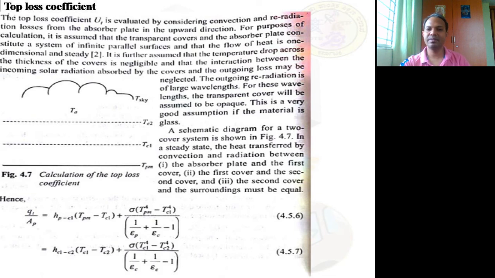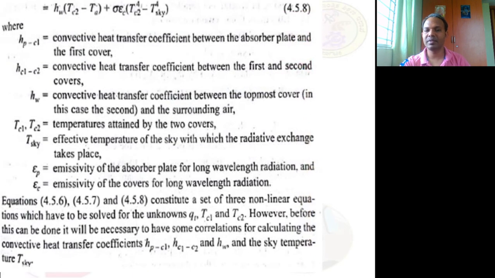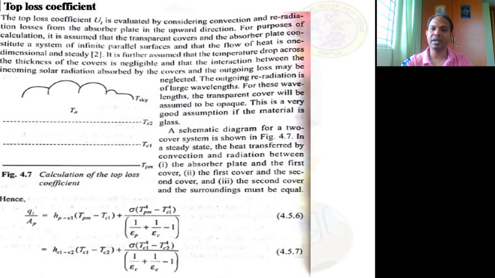In this second picture, the second equation doesn't come into the picture at all. Only the first expression between the absorber plate and this first plate is used, and then suddenly we will come to this. Is it clear? Similarly, if you have one more coating or one more layer, then we will get one more expression here like this. Are you getting it? It is as simple as that.